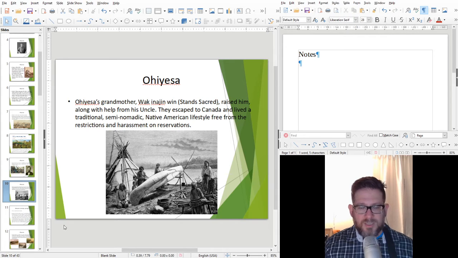They're done with that. They decide to go off to Canada, to the wilderness of Canada, to live a traditional Native American, semi-nomadic lifestyle. So they move around a bit, and teepees. They live out in the wild. They study nature. Ohiyesa, as a child, learned how to fish and hunt and trap and track animals, and to become very sensitive to different things that happen, and how to harvest, when to harvest